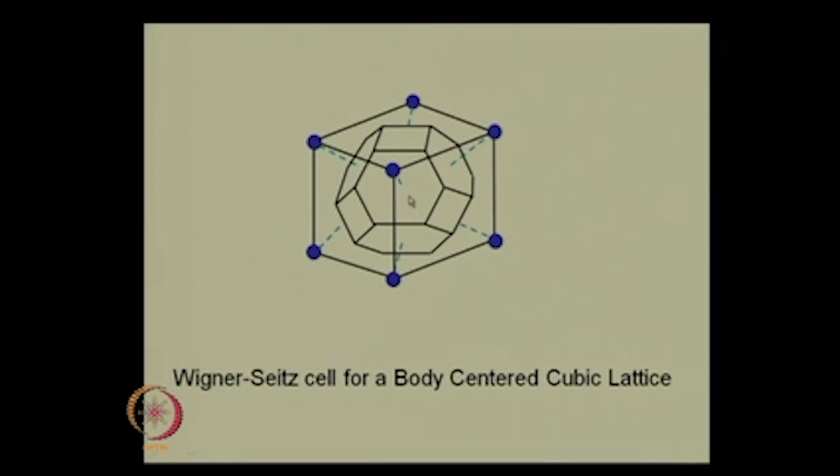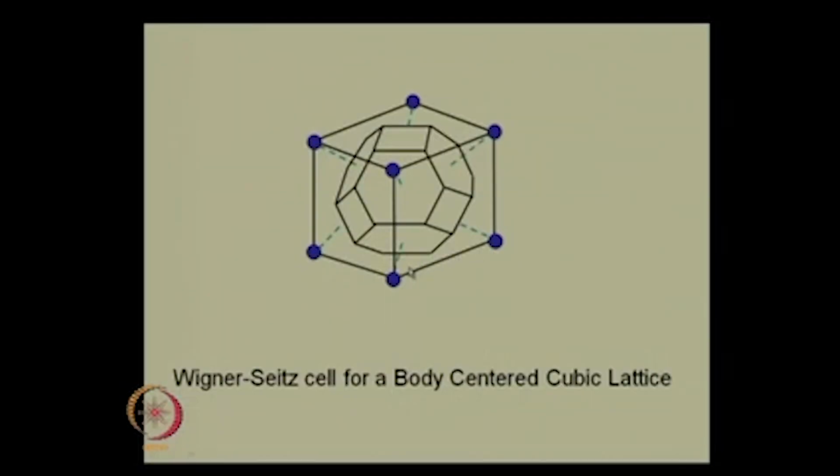So, you can connect the body center of this particular unit cell to the body centers of the neighboring unit cells, and the perpendicular bisector of that line will actually be this plane, simply because the body centers are exactly halfway into the unit cell. You go halfway into this structure, you get to this body center; you go halfway into the next unit cell, you get the next body center. Therefore, this plane here bisects the line joining those 2 body centers,